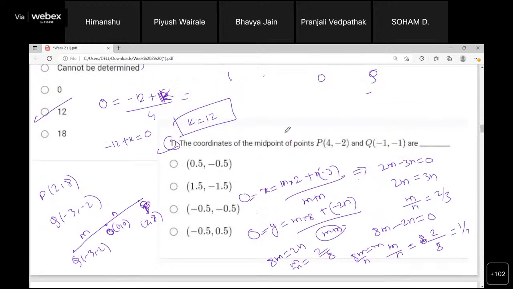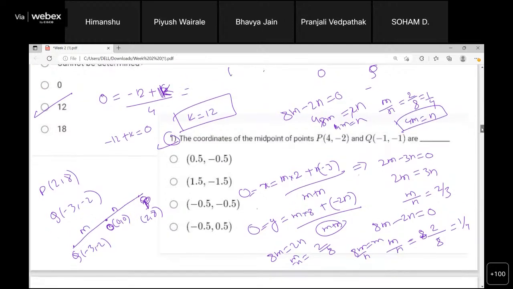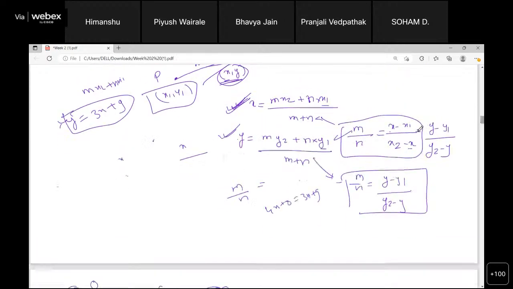No, if we are given this equation, say 8m minus 2n equals to 0, so 8m equals 2n, 2n will go on this side. M by n equals to 2 by 8, that is 1/4. Or you can do like this only. It is 4m equals to n, so the same thing, it will be 1/4, right? But here you can see our ratio is not matching, so that's why it does not lie on the origin. Even if you go through this formula, we have to check for both the cases, right? We have just checked for the x coordinate, that's why we are getting 2 by 3. But we have to check for the y coordinate also, and that should be equal.